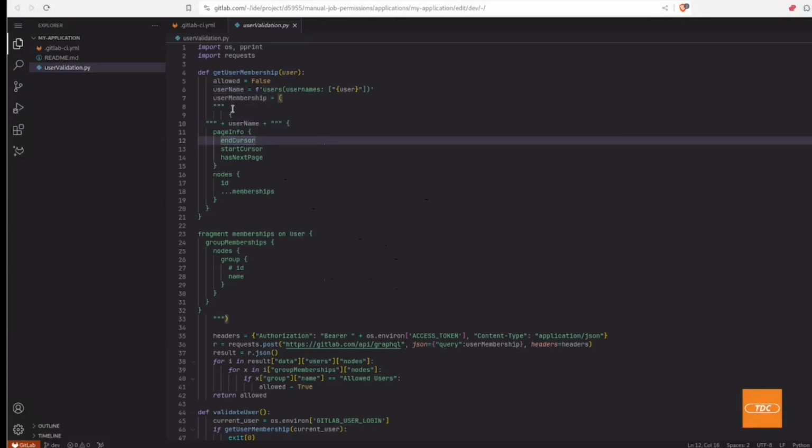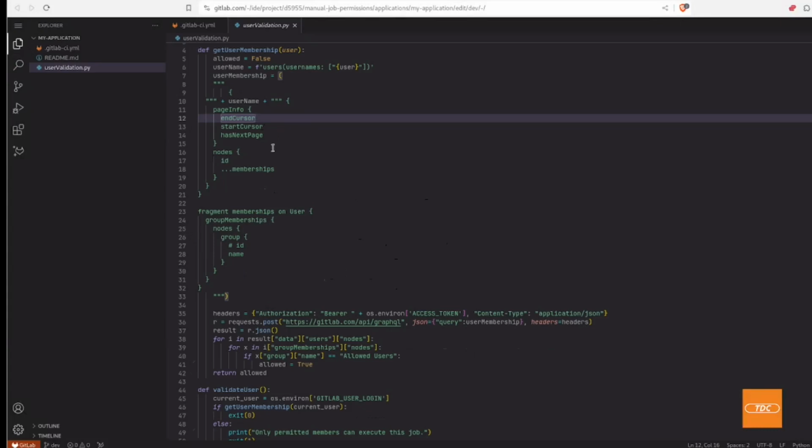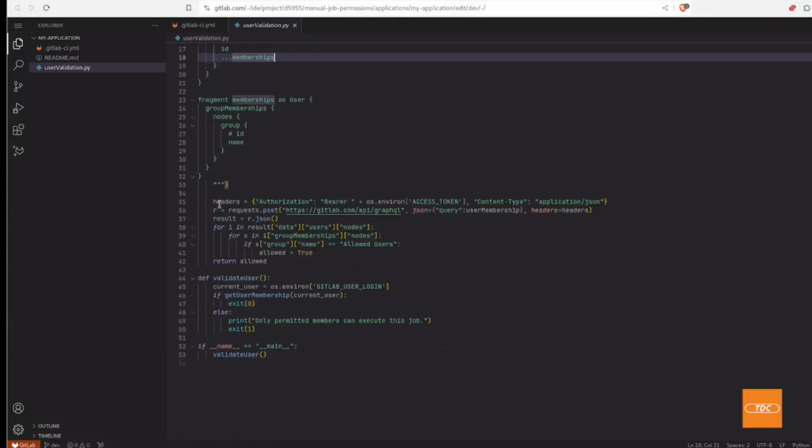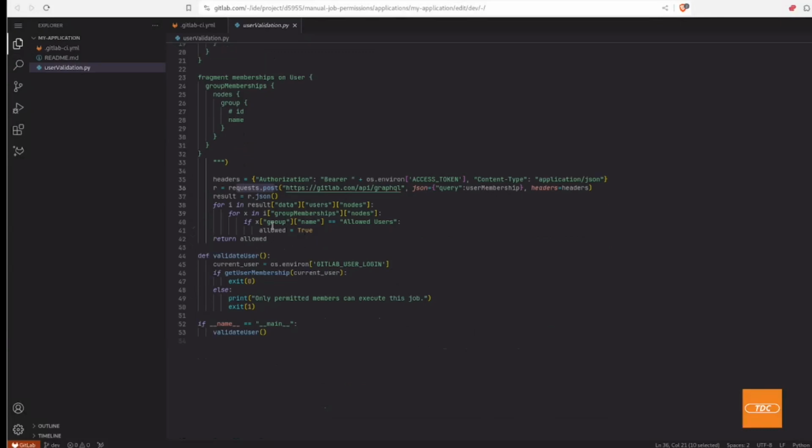So what we need to do first is the user, and then what groups this user has memberships to. And then we are constructing our header. As you may be familiar with using the REST API, we still need to pass in our access token, and then we're posting our request,